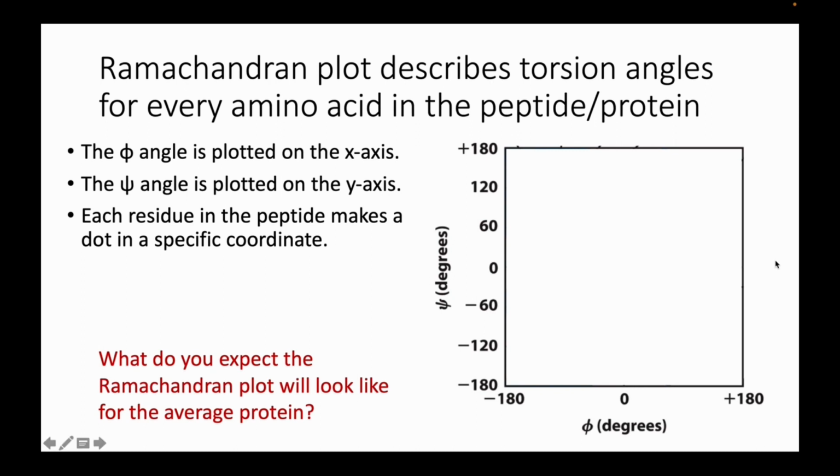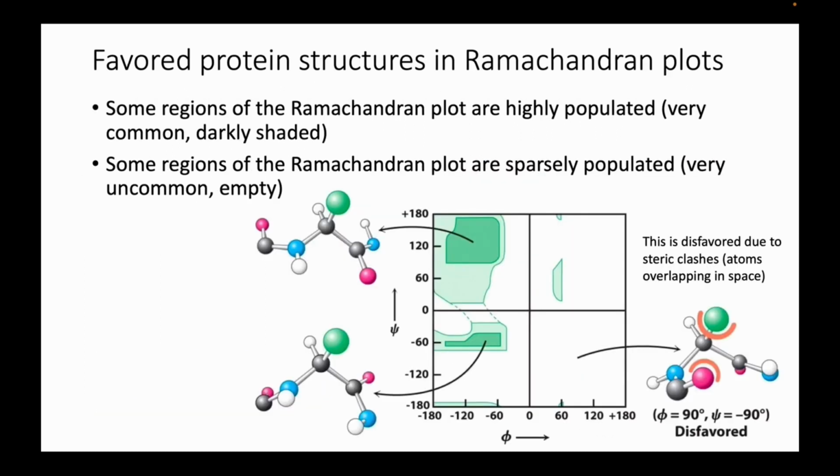Do we think this space will be randomly covered in dots? Do we think only certain parts of it will be covered in dots? What do we think this is going to look like? Well, it turns out that these Ramachandran plots tend to follow specific patterns because of bond geometries that are favorable